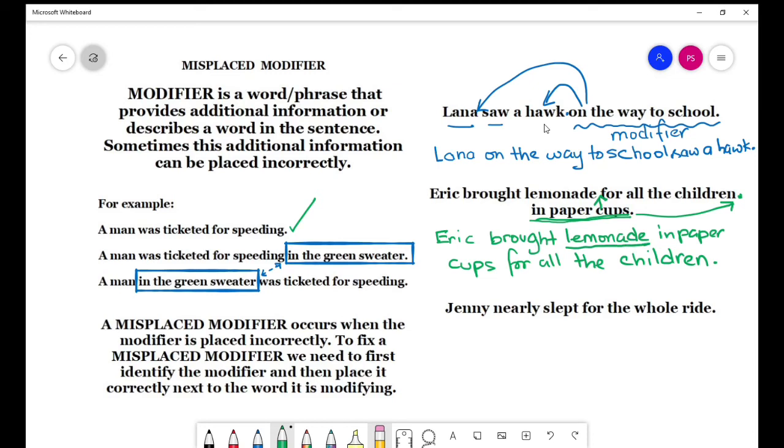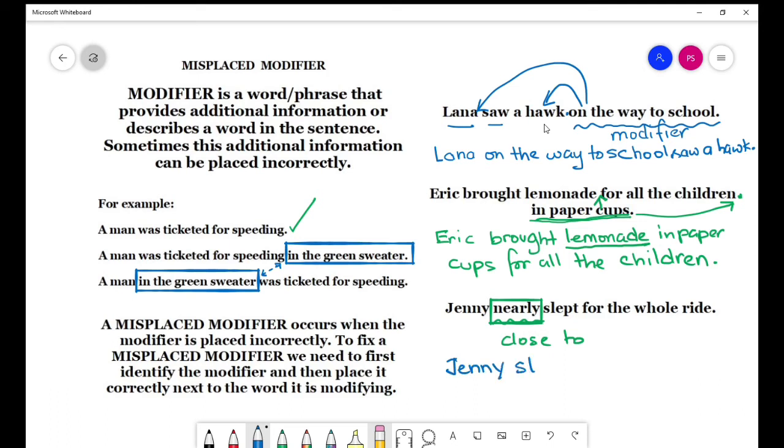Let's consider this next example, and this one is a little bit hard to see, so pay attention. Jenny nearly slept for the whole ride. Now the word nearly means close to. Near my house there is a pond. Jenny nearly slept for the whole ride. Now here, the question is, did she almost sleep? Did she not sleep? Obviously, the word nearly is the modifier here, and this modifier is incorrectly placed because the correct form of this sentence would be